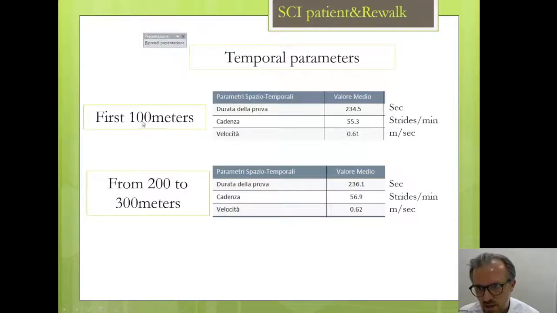As you can see here, during the first 100 meters, the patient completed this trial in 234 seconds at a cadence of 55 strides per minute with a walking speed of 0.61 meters per second. As well, the patient was able to maintain this same performance during the last 100 meters